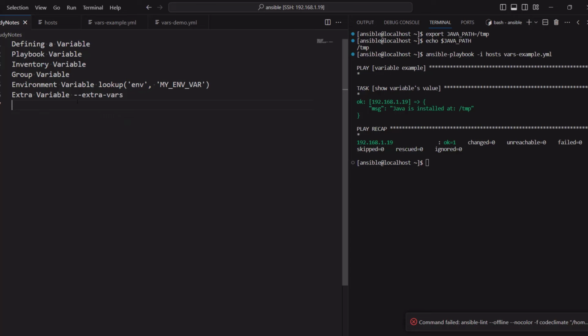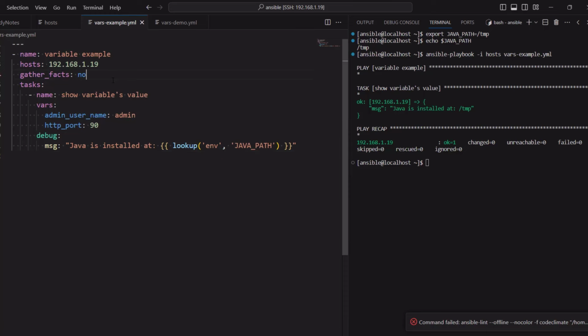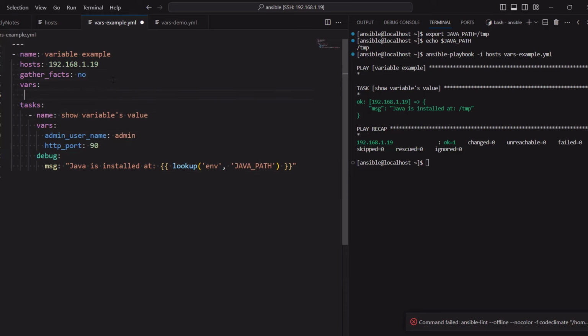Now we have something called extra variables. Let's say we have defined everything, and let's define a variable called http port 80. Let's assume we have a program which installs Apache, Tomcat, or maybe any other web server. While installing this, we want to provide, at runtime, the value of the port on which these services should be listening. So in that case, for example, if I run this now,